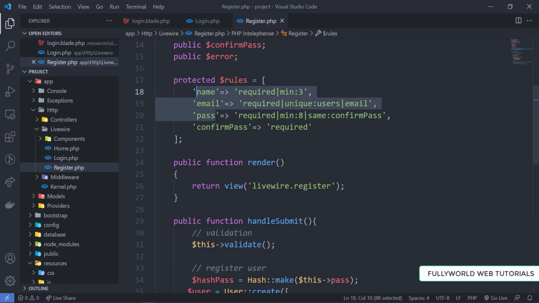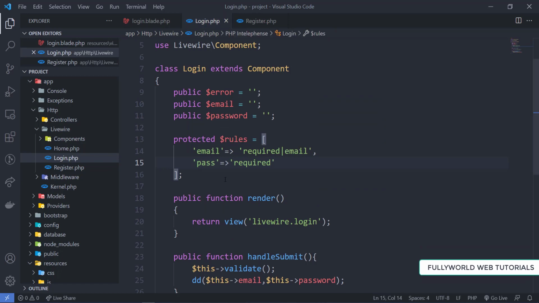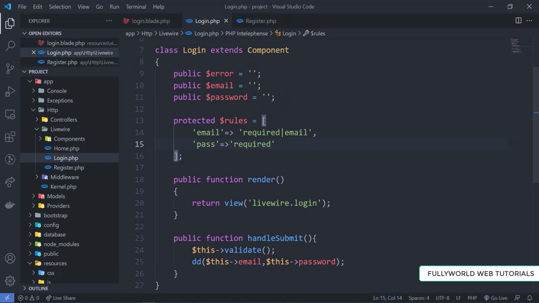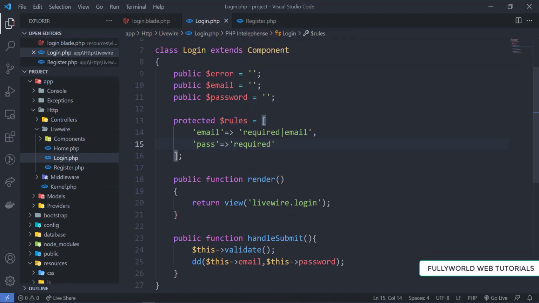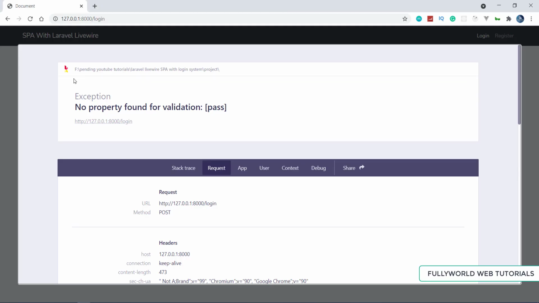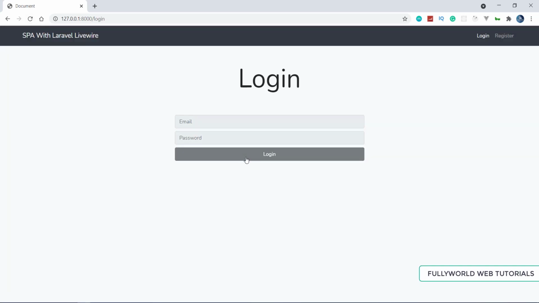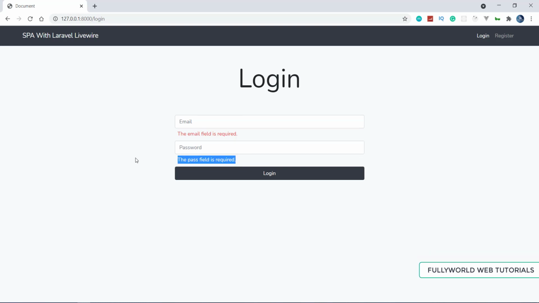Yes, see that pass is there, but we are not getting it for pass here. So let's see what we are getting. Here it should be pass. Save it, because we have mentioned password here, so that should not be password. Login. See that the pass field is required as well as the email field is required.